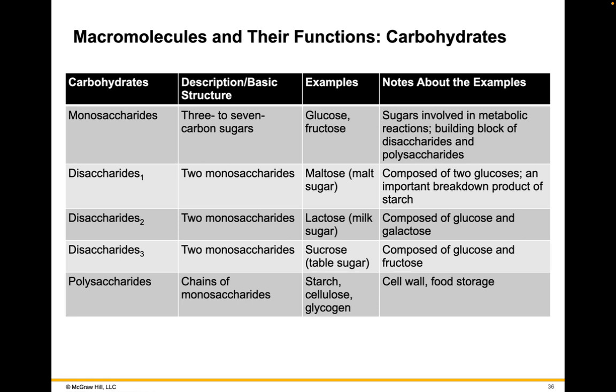So if you eat a diet heavy in carbs, then your body's going to burn that first for energy, and anything that you don't burn or use for energy will be stored as fat. Okay, so carbohydrates help with your primary source of energy. They also are going to be found in cell walls, and so we'll talk about those later on, and food storage. So our disaccharides are maltose, lactose, and sucrose, and I bet you've heard of lactose before because some people